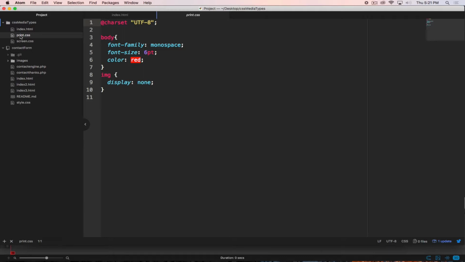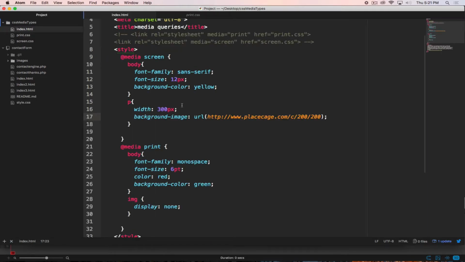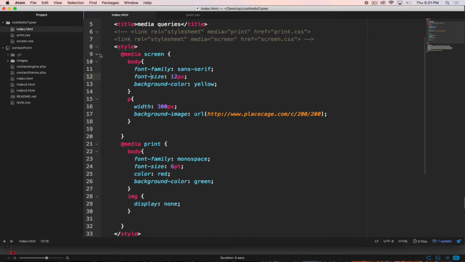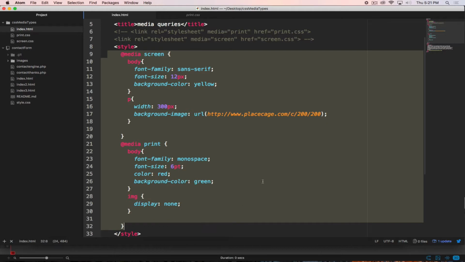It's much easier to keep it separate. But from a functional standpoint, it doesn't matter. I can use these two link style sheets, or I could have a third link style sheet that just has this information in it. But I just put it inside style tags here for expediency's sake